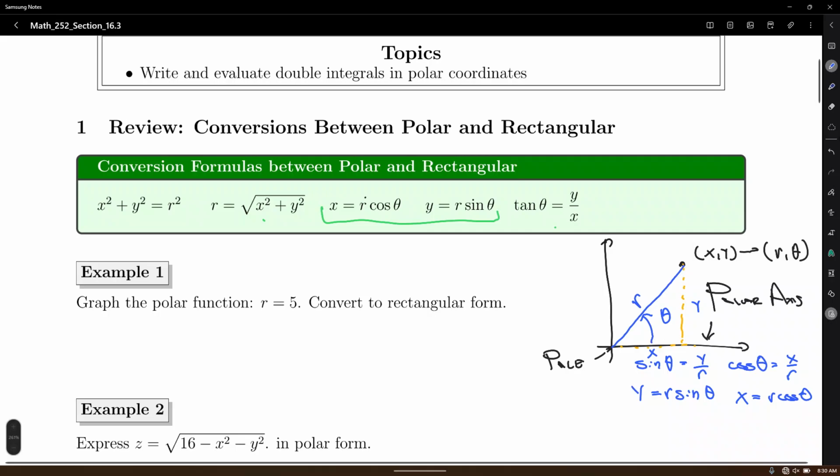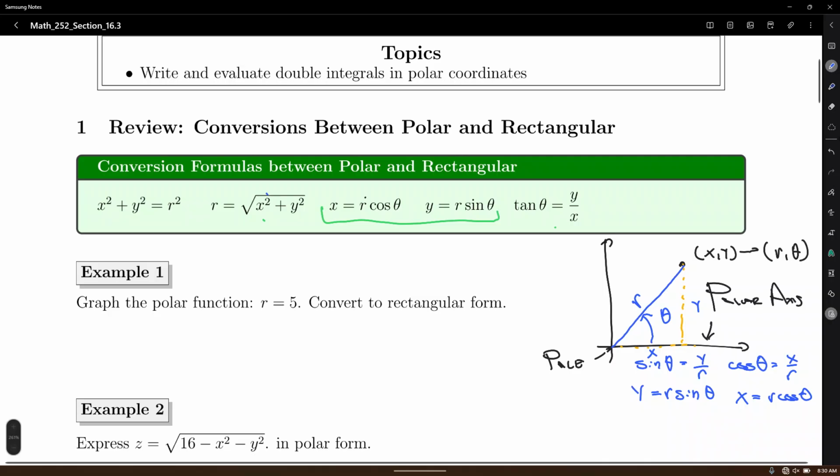And how do we get this distance r? Pythagorean theorem, isn't it? Because you know x, you know y, so this formula is just a result of the Pythagorean theorem. Tangent theta is just the ratio y to x. That's from basic trigonometry, so there's not much to derive. Okay, so what are we going to do? Let's, number one,